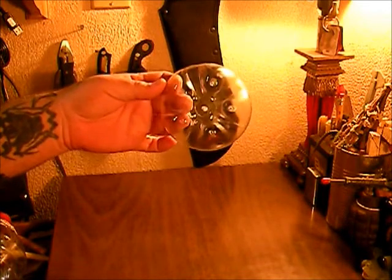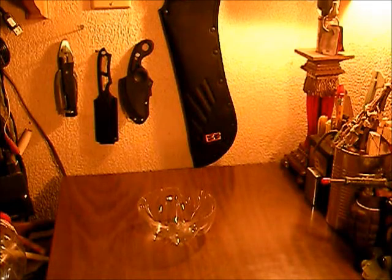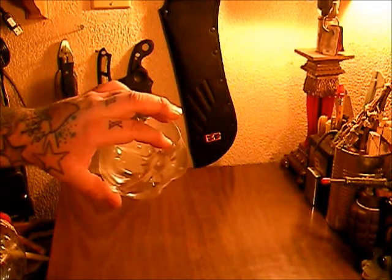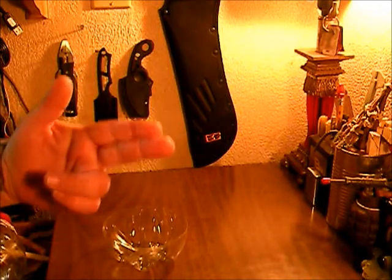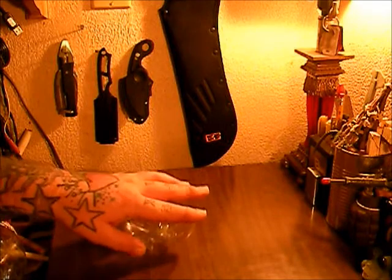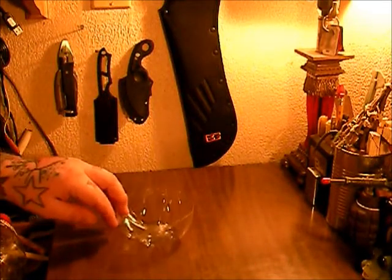poke holes, and use it as little seed starter trays, to start your garden out. Works really well for it, and they're all going to drain. All the water's going to drain to the lowest parts and drain right out of there. When you're done, you can just cut it to get your plant out, or I put one per tray and then just dump it over like this into my hand and hold the plant and put the plant in